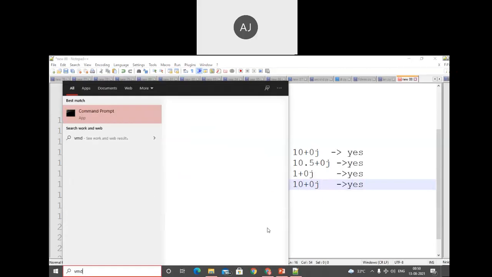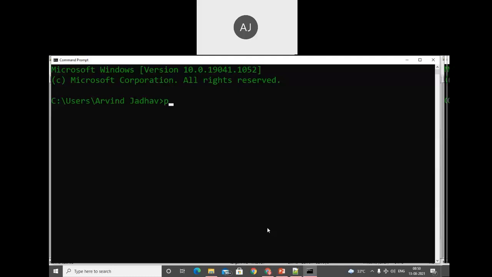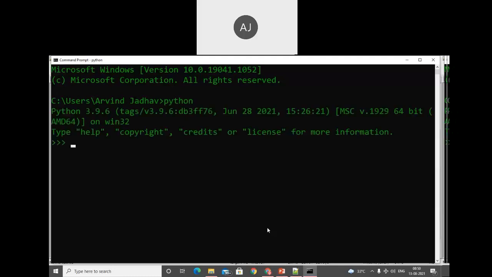In the command prompt, we will do the practical. So in the Python shell, here we need to pass some values. x is equal to 10. Assume that, and we're trying to convert this into a complex number. So complex of x. See, we get the value as 10 plus 0. That means whenever we pass a single value, that value will be replaced in the real part, not the imaginary part. And the imaginary part value is always 0 when we pass a single value.